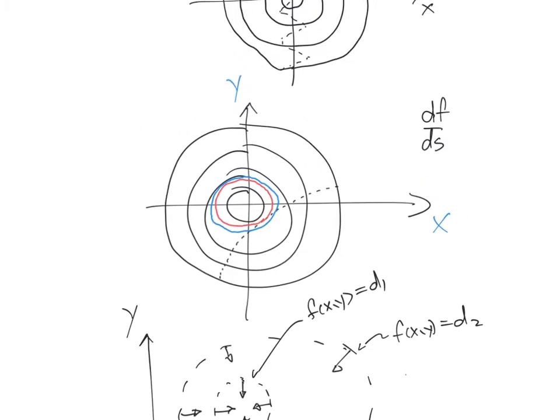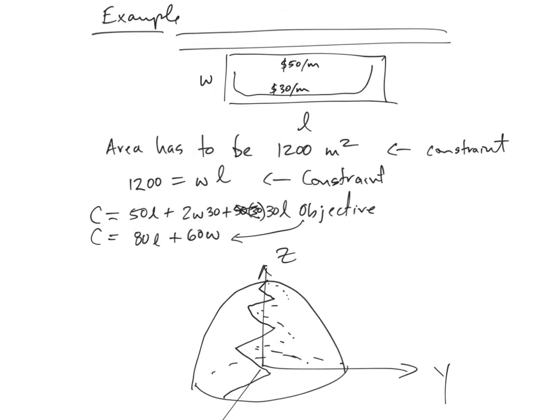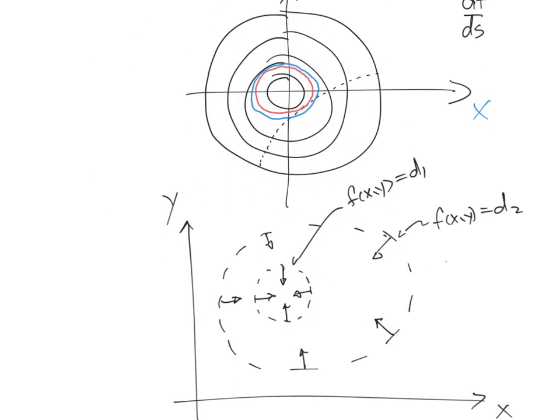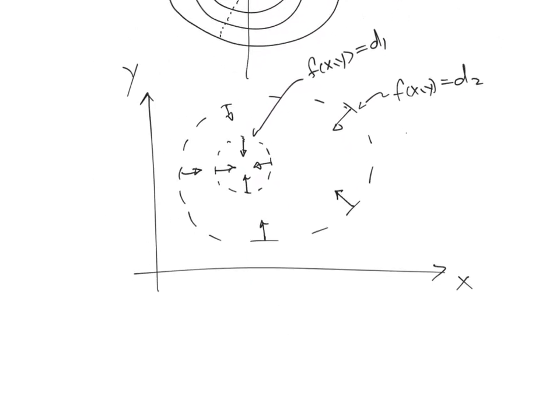If we go way back here to the fence, right? Here's our constraint function. This is G of W and L. It's equal to a constant. Typically, your constraint function is a function of multiple variables equal to some number, a constant, okay? So that means one level curve of G of X, Y, or G of W, L in this example. So there's only really one level curve of G we're interested in, but there's lots of level curves of F,